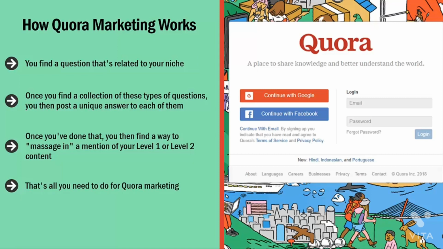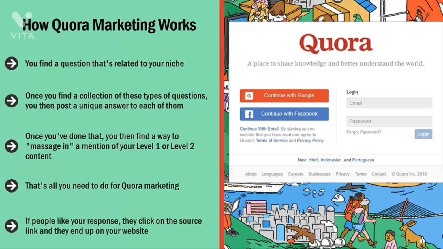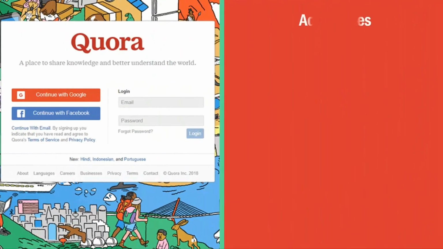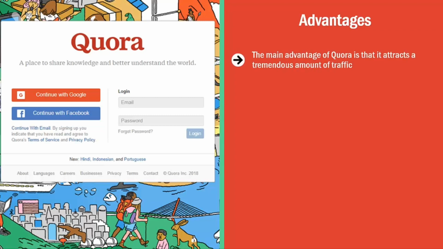It's all about finding the right question and then crafting an answer that not only answers the question directly, but also uses your marketing content as a resource. If people like your response, they click on the source link and they end up on your website. If they click through one or a couple more pages, they end up on your product comparison page. If they like what they see, they can then click to buy the product. Advantages. The main advantage of Quora is that it